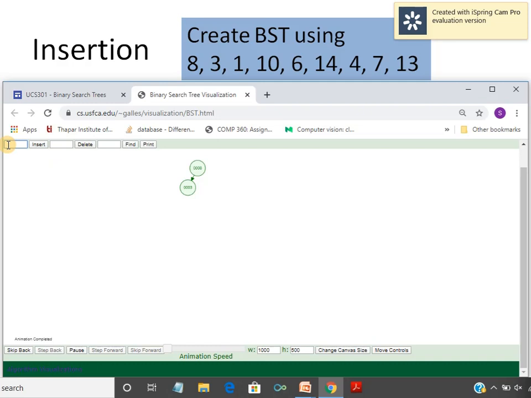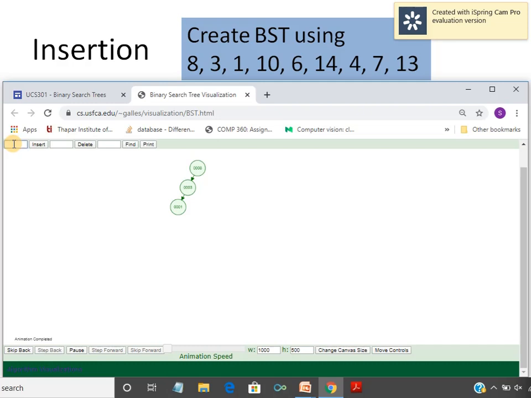Then we have to insert 1. 1 is less than 8. Then we will move to the left pointer of 8 which has a value 3. Then 1 is less than 3 also. So we will move left of 3. And then since left of 3 is null, 1 should be placed at this position. So let's try to insert 1 now. 1 is compared with 8, we reach 3, it is compared with 3 and then after finding the null, 1 is inserted.